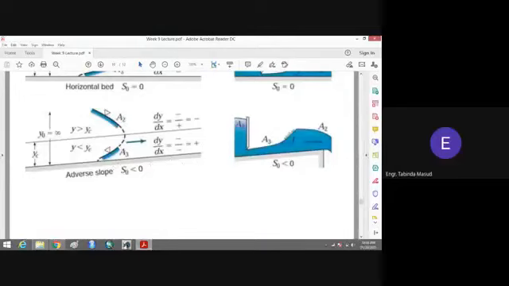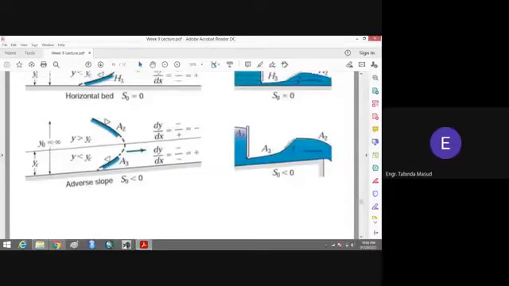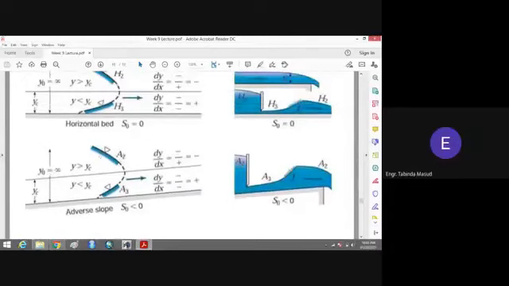So this is the negative slope. Now again, if you put a negative value for the slope of the channel bed, you will get no value for the normal depth of the flow. Okay? Or you can say conceptually, you will say that normal depth of the flow is at infinity, or you will say that normal depth line is at infinity. So just like horizontal bed, you will say that there is no zone number 1, there is only zone number 2 and zone number 3, and again we have a drawdown curve in zone number 2 and backwater curve in zone number 3. And this is the practical example of